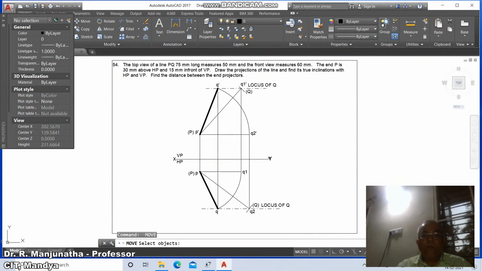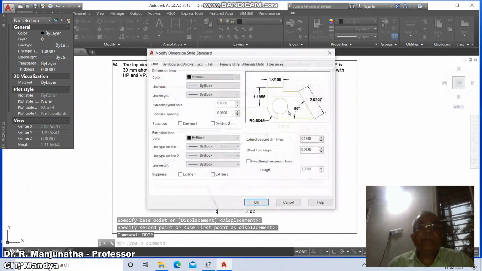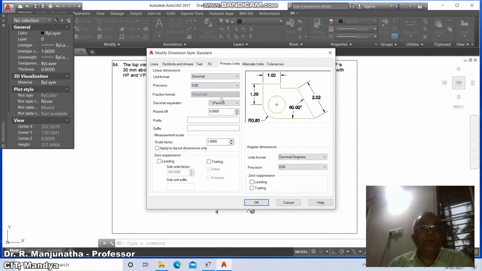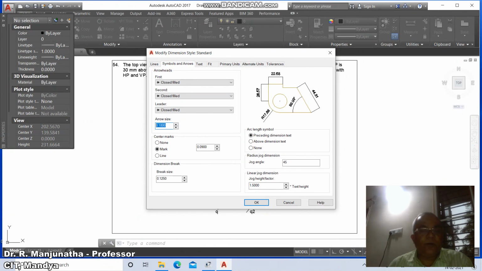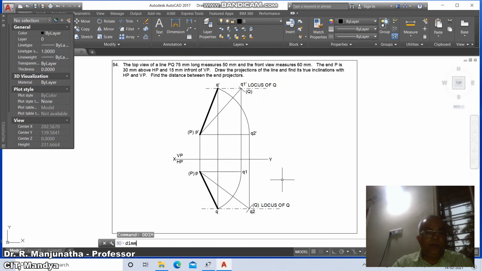Then go to Y. Now you go to DDIM, then go to modify, then go to primary units. So this has 00, so the precision also as 00. Then go to text, 4, it is above, aligned, it says 3, symbols and arrows, arrow size is 4. Then go to lines and symbols, offset from origin as 3, and say OK, and say close. Then go to dim vertical,